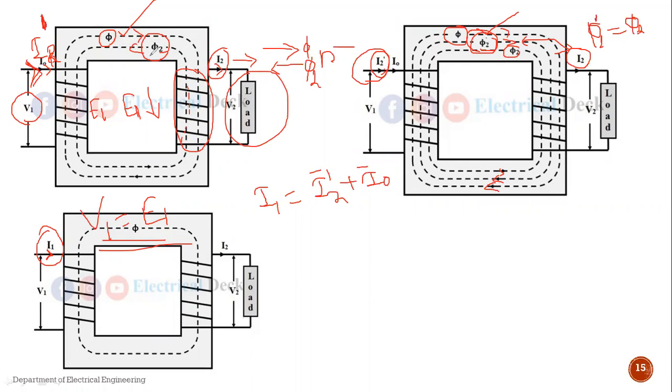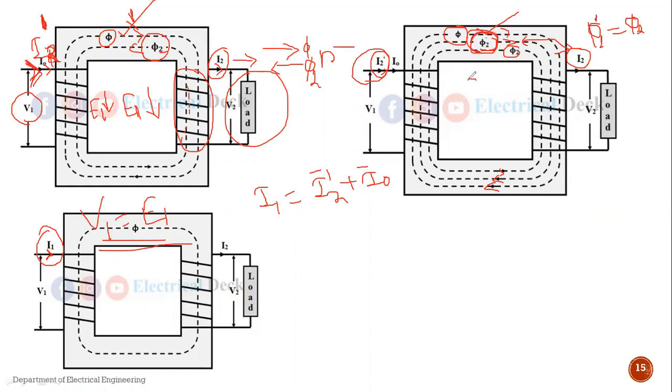Main flux ला काय आहे? Opposite आहे. So when it is in opposition to the main flux, at that situation the resultant flux will be reduced. And when the resultant flux is reduced, the induced EMF will be reduced. So to meet this value, the additional current taken from the supply, we can represent this current as I2 dash. ज्यावेळेस हा I2 dash current supply कडून घेतला जाईल, again it will set up some flux in the core, that is phi2 dash.